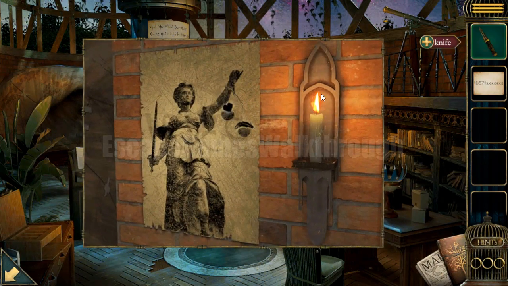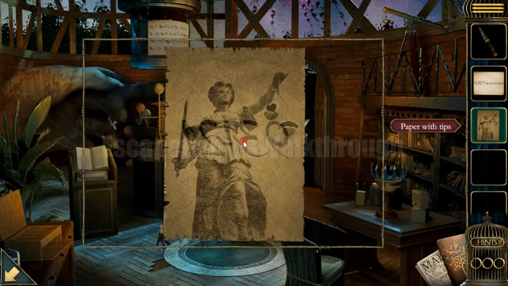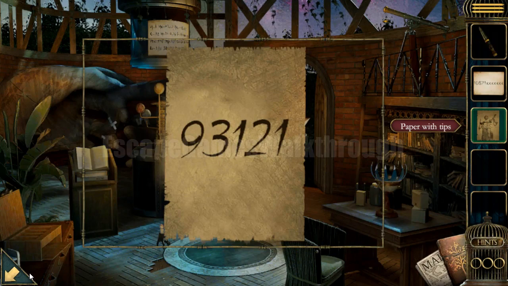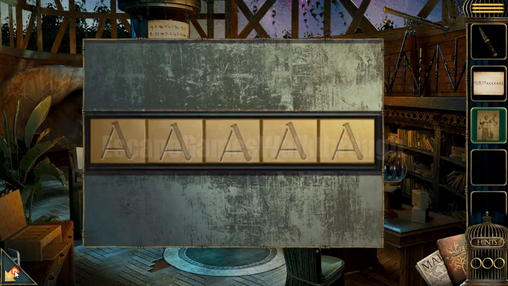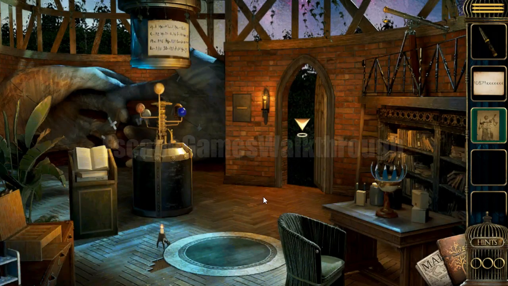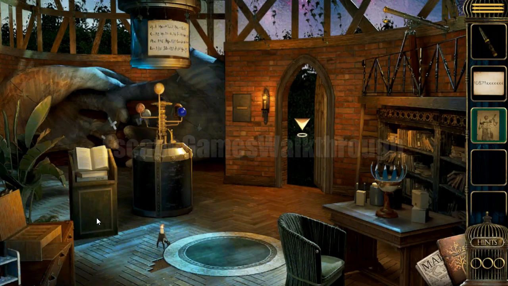We have a dagger, so we can cut this poster, and on the back side here's a hint. Then also to open it we need to solve the puzzle first. Then here's a telescope, and if we look inside we can see these planets here. But first,